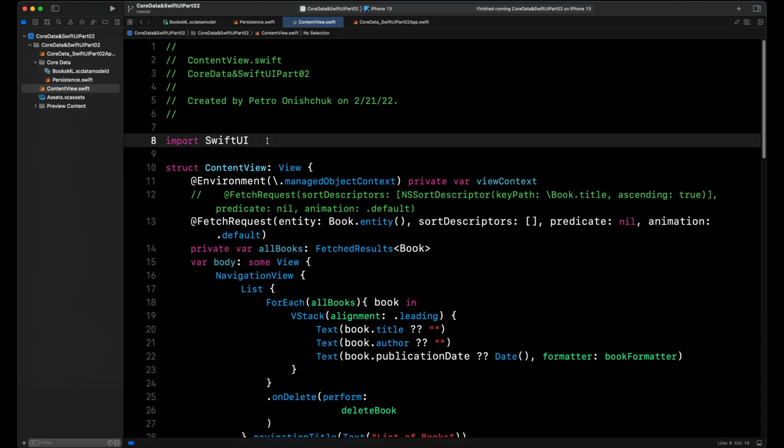And now I want to start to create a new view for creating a new book object. For example,